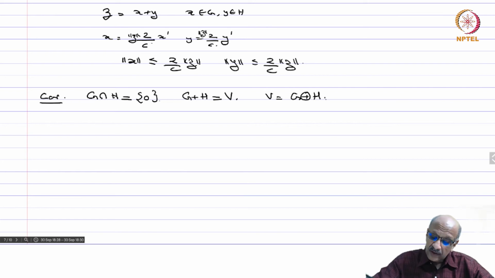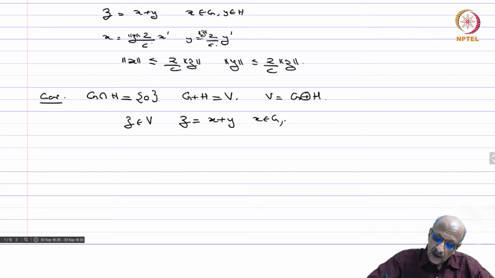There is no several decompositions possible. So by the previous theorem, for Z in V, Z has a unique decomposition x plus y, x in G, y in H, uniquely defined,